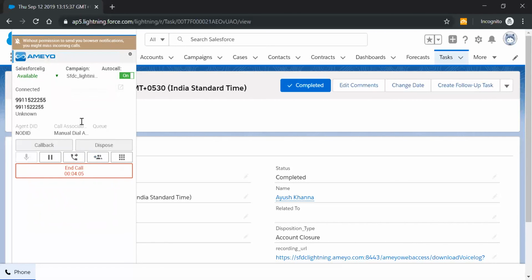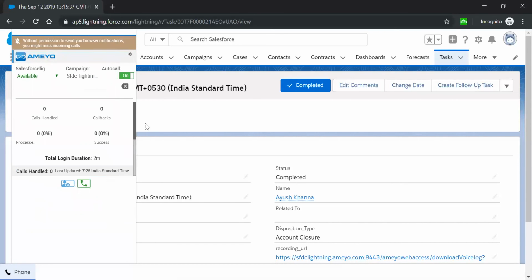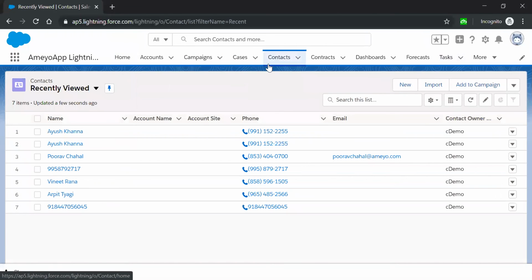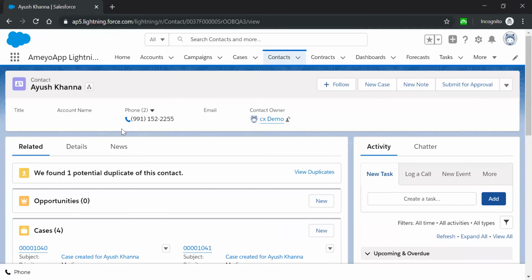So let me dispose the call. We'll end the call for now. Okay. Now the last thing that I want to cover is the click to dial functionality. So as the name suggests, I don't have to copy and paste the number. I click on the number and the call will be initiated. So I can have two ways of looking at it. One can be I initiate the call from here itself by clicking on the number, or else I can open the customer contact. After reading his previous interactions, his queries, then I want to initiate a call.